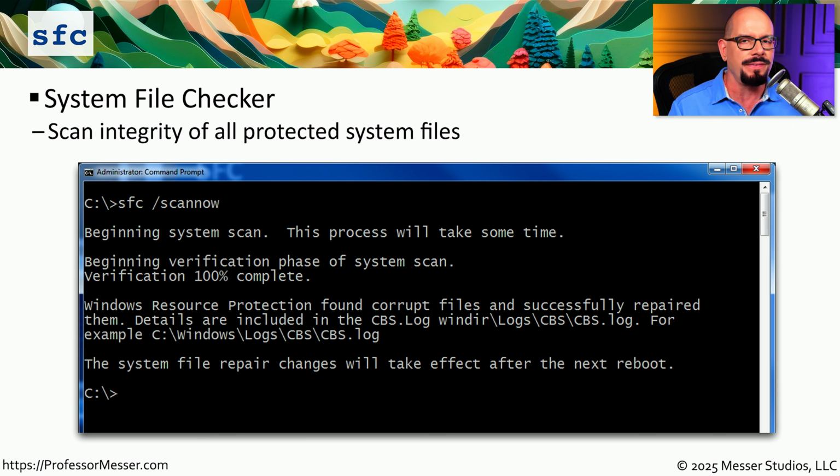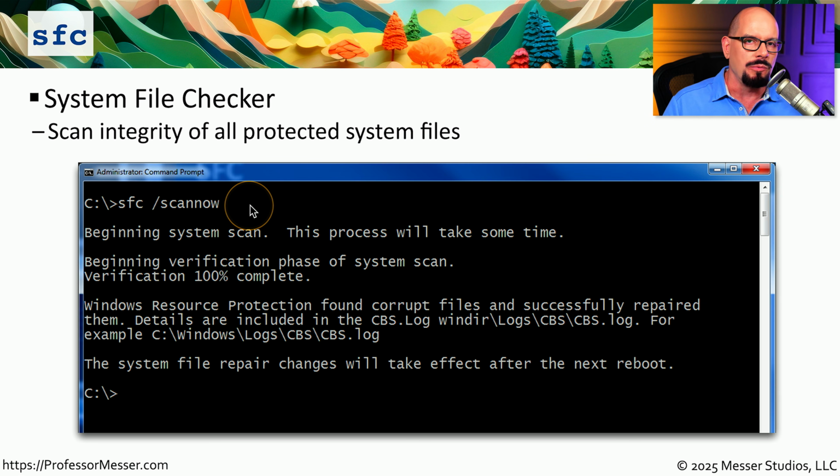One way that you could tell if any of these important Windows files have been changed is by using SFC, or System File Checker. This utility will go through all of the important Windows files on your system, and it will check to see if any of them have been changed. If there are modifications to the core operating system files, SFC will inform you that that change has occurred, and you have the option to tell SFC to correct those files to remove any of those changes or corruptions that might have occurred. This can take a bit of time to run, but if you run